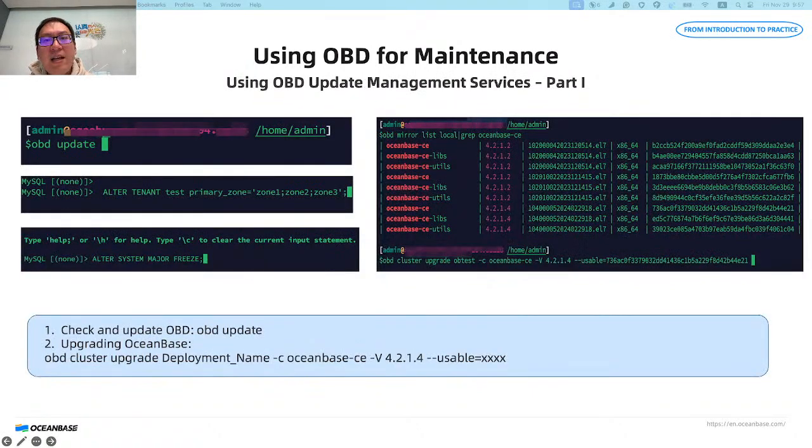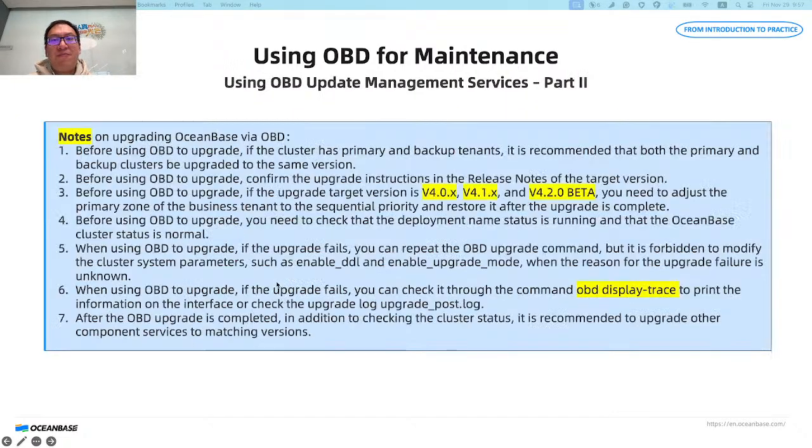Although OBD is an installation and deployment tool, it also supports upgrade functions. Before using OBD to upgrade the database, we need to check and upgrade OBD first. We recommend that you use the latest version of OBD and then upgrade the database. There are still some things to note when upgrading OceanBase with